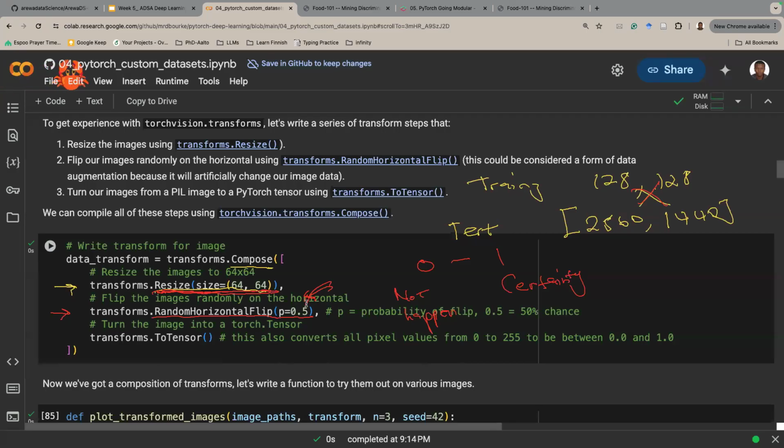Then finally, you want to convert the resulting image into a tensor, which is what PyTorch needs. It needs a set of numbers, numbers that are in the tensor objects of PyTorch. So what we've done here is, any image that comes in, we resize it to 64 by 64 and we can flip it. And at the end of the day, we have a tensor output. So let me quickly,